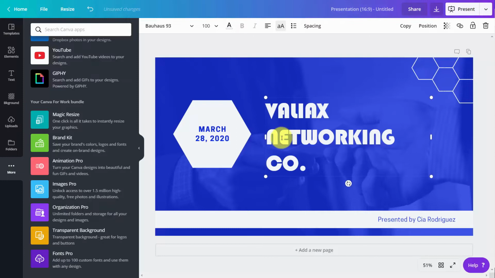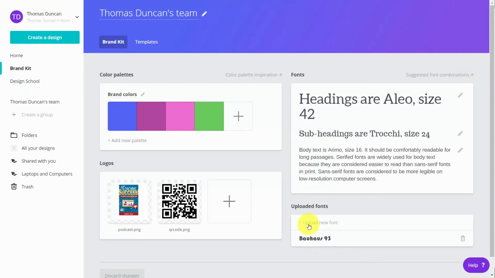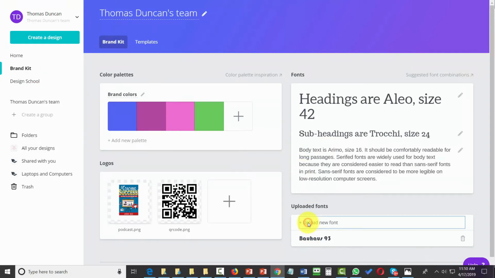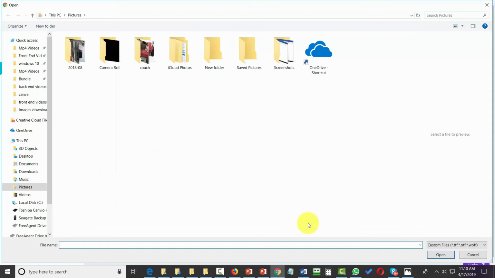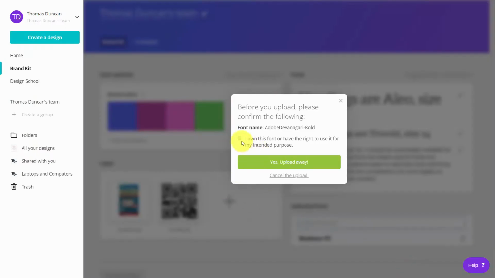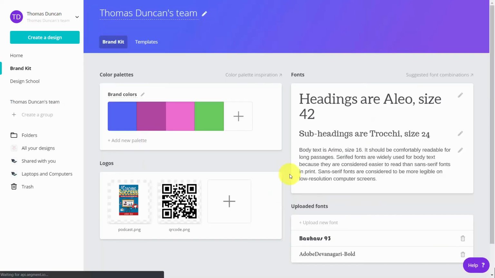If we want to upload another font, all we need to do is go back to our brand kit. We can then go to this area that says upload new font. That's going to look to our hard drive. You'll then need to do the disclosure and then say yes, and then any other fonts that you want to have available to you. Once you have the fonts in your brand kit, you can go back to your design,